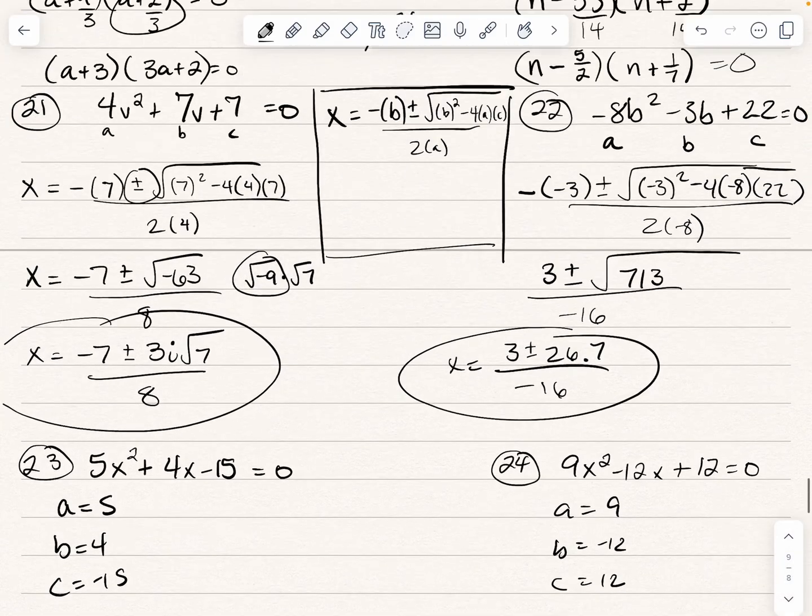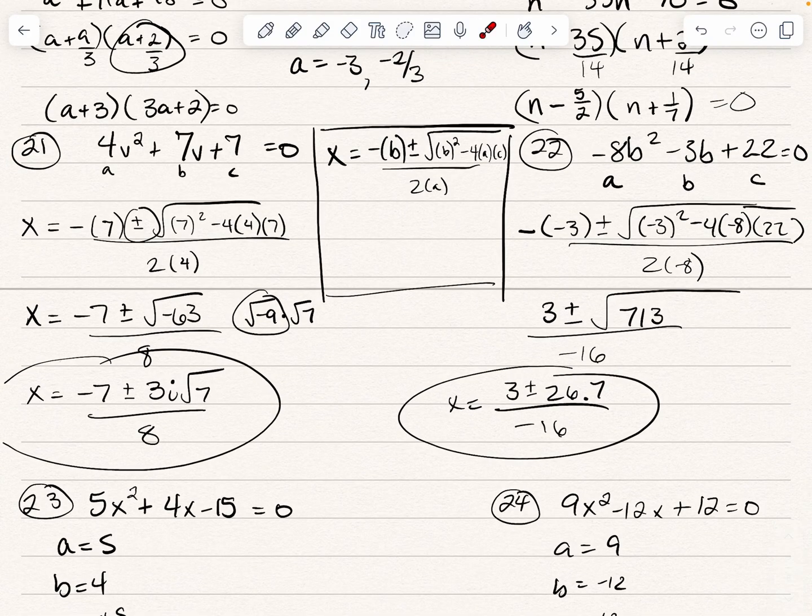But we will solve all of these the same exact way by plugging them into our quadratic formula. Negative b plus or minus the square root of b squared minus 4 times a times c, all over 2 times